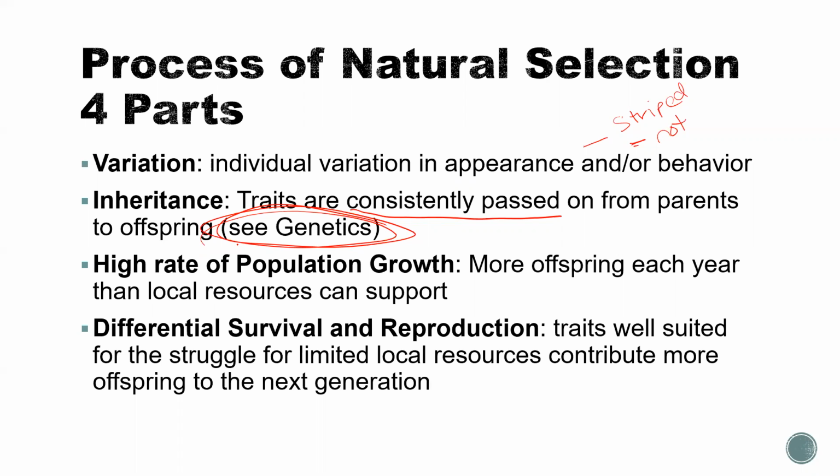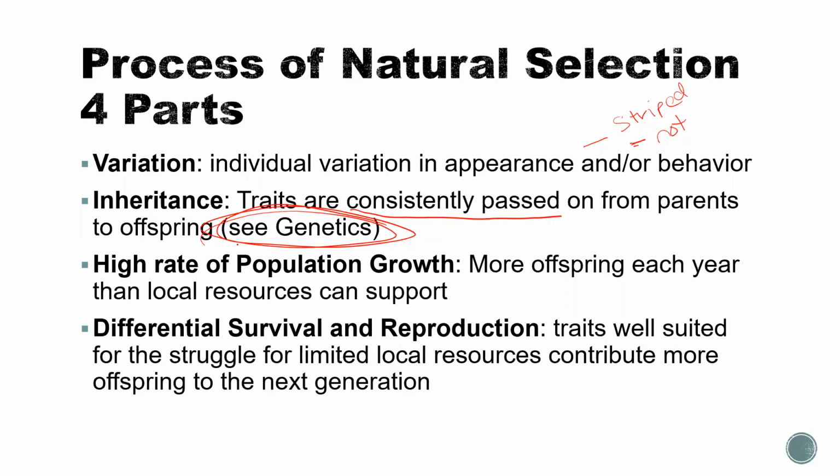Those are things that are controlled by one gene, things that we talked about like flower color. Some things are going to be harder to be passed down, and so they might not experience the same amount of selection because they're not passed down as much, or passed down as consistently. So those might include things that require multiple genes, things like height, because there's so many genes involved that it's not quite as certain that if you have a tall parent, you will get a tall child.